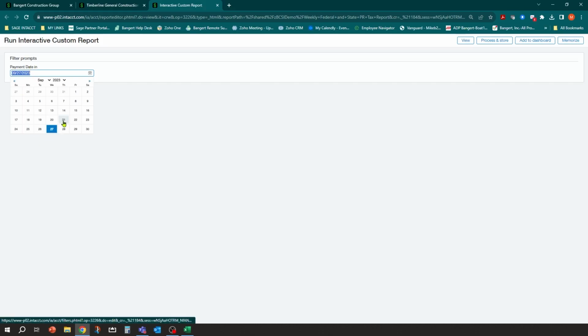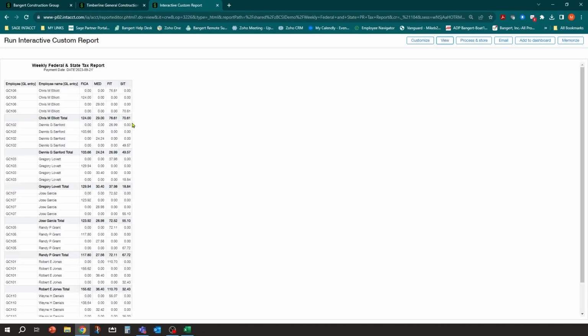But in here, if I say my check date, 9/21, this is going to give me a recap in total of all the taxes that I need to pay to the federal government, my federal withholding, my state withholding. And if you have multiple states, we usually can show you how to add some columns here so that you can see each state across the top. But this gives a nice little layout, and you don't need employee detail.